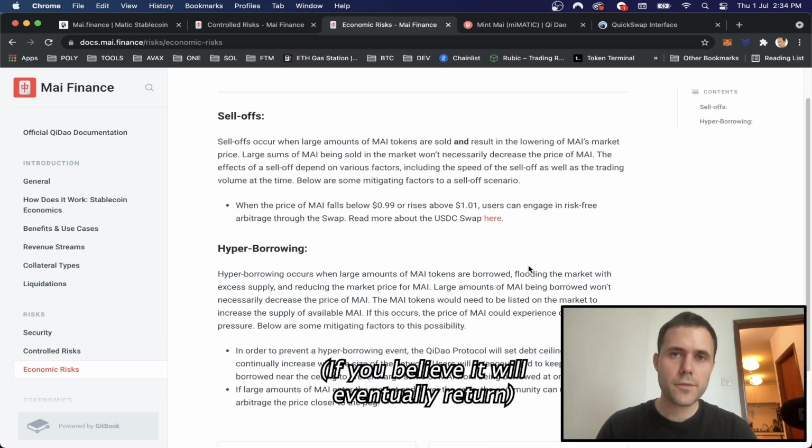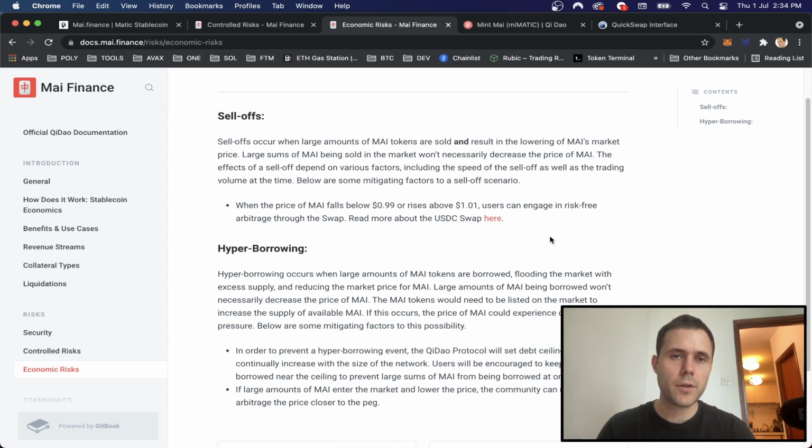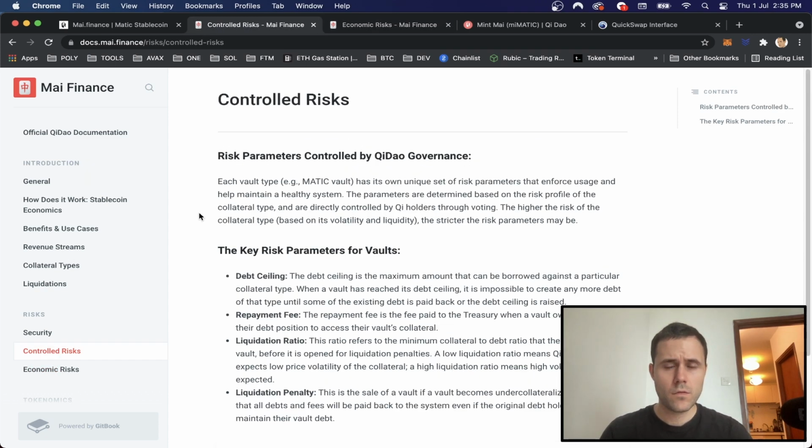So in effect, if you are paying back your loan and the price dips below the peg value, hopefully this should create buying pressure on the token, raising the price. So all in all, definitely do your own research on this. I'm just highlighting the key aspects of how I can see the token will hold its peg.